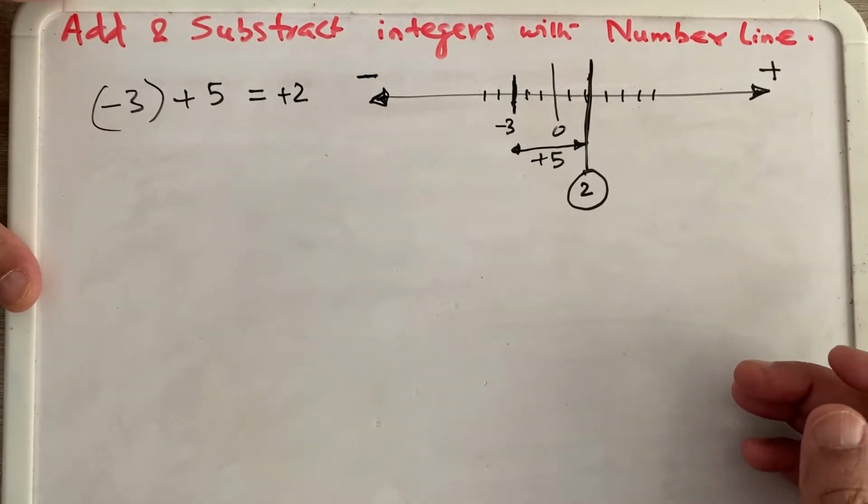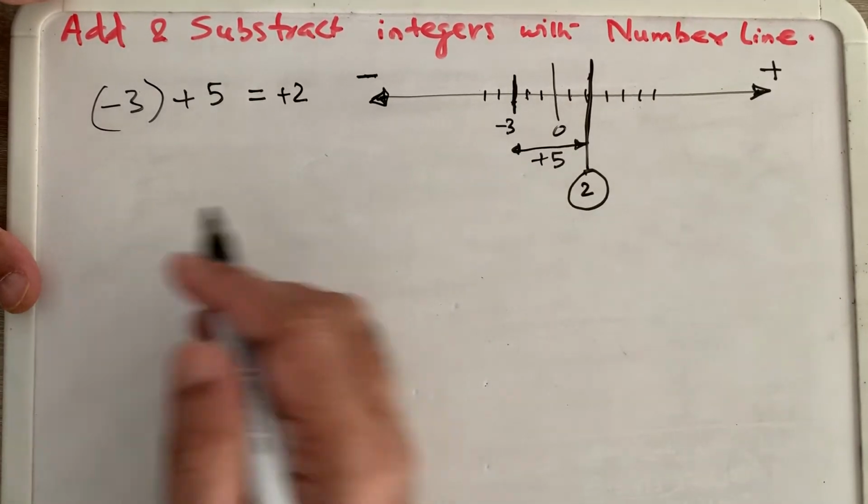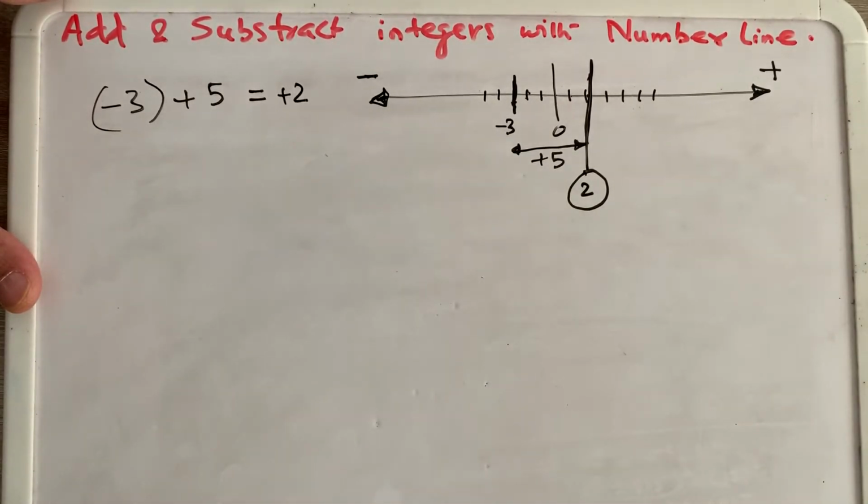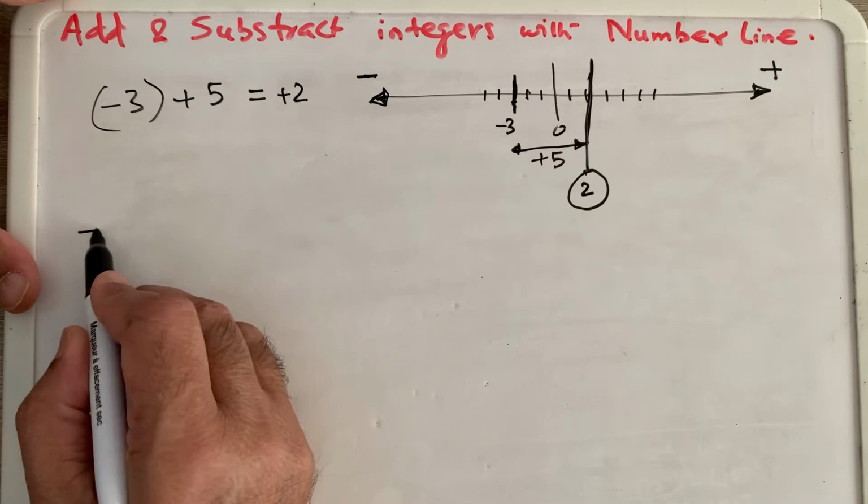Students have to pay attention to how I am moving on the number line, plus and minus side. Plus side is on the right, minus side is on the left. Let's see one more time. -5